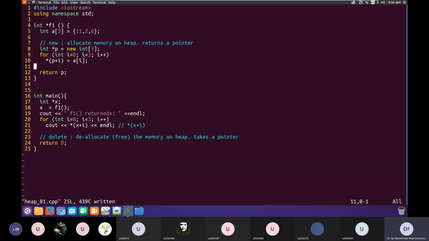Okay, so we will return p. Once we return p, here on line number 18, x will receive the value of p, which is the starting address of the array on the heap. Now on line number 18, when f1 finishes execution, a will be destroyed, but nothing will happen to p